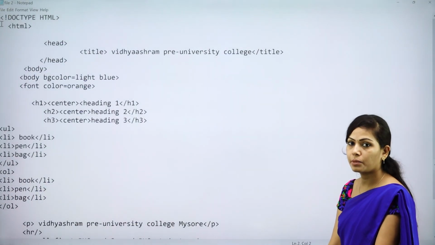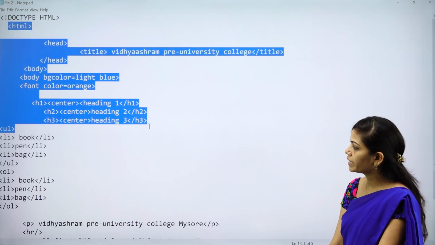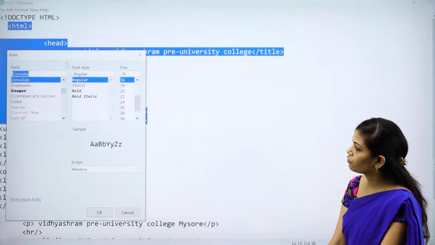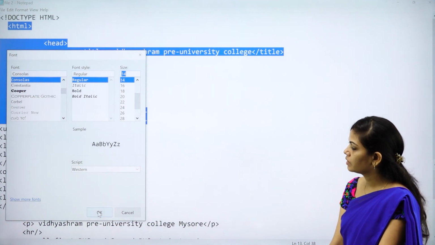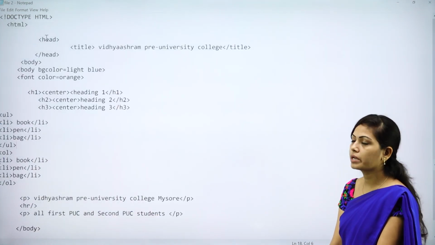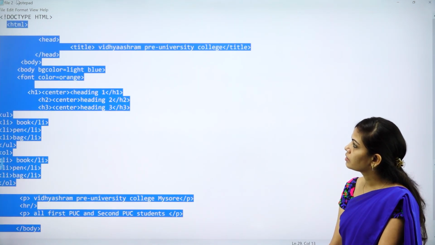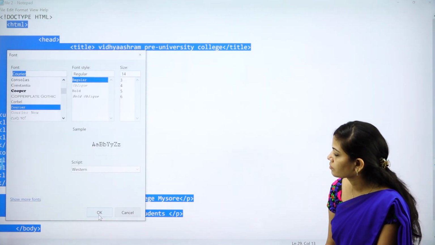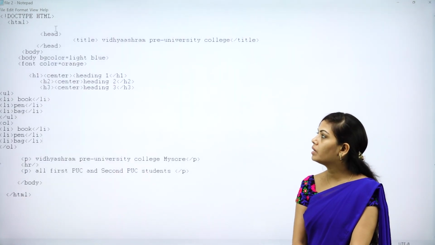And also I have discussed formatting, right? So if you want to make some changes in formatting, if you want to change the font size, you can change the font size here. You go to format and you can click the size number and you can minimize the size, you can maximize the size, and you can change the font design also. I will change this to Corel. So it is converted. So this is called HTML formatting.